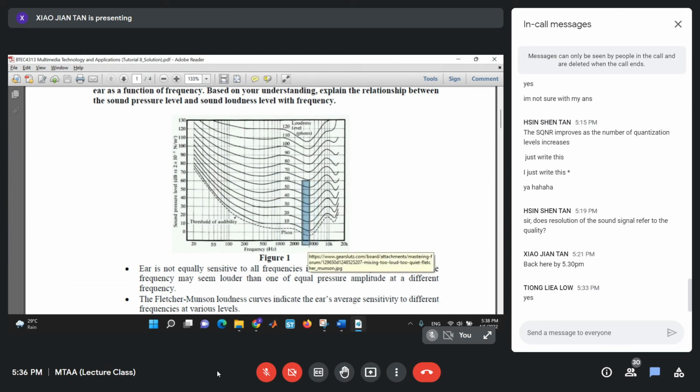It's impossible for all the instruments to have the same range. Although we know that in this region, humans are much more sensitive to the frequency, it is not practical to have all the instruments occupy this specific frequency range. For example, you have a soft instrument such as a piano, but you have a strong or very bold instrument such as an electric guitar. So the frequency from these instruments would be more likely